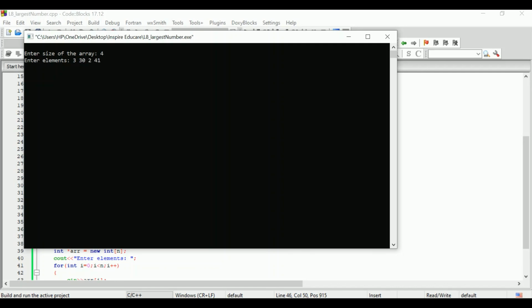So let's see the output, what we can form. The output comes out as 41, then 33, then 30, then 2. So this is the output which is generated. That means this is the largest number which we can form from these array elements.